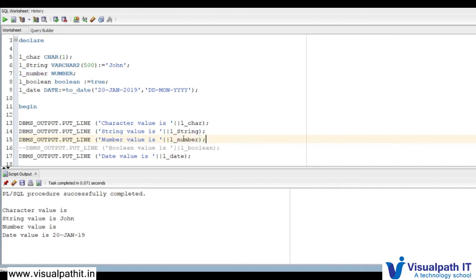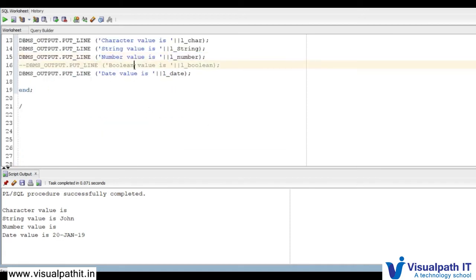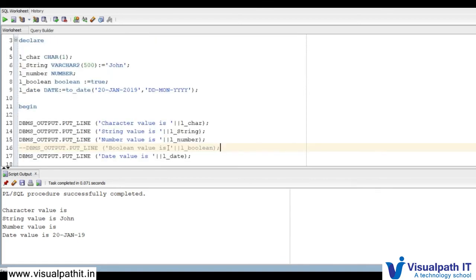This is also a feature of Oracle PL SQL. We will understand what is implicit casting and what is explicit casting. As of now it was giving an error because this is a string and this is a boolean, so you cannot concatenate a boolean value to a string value.